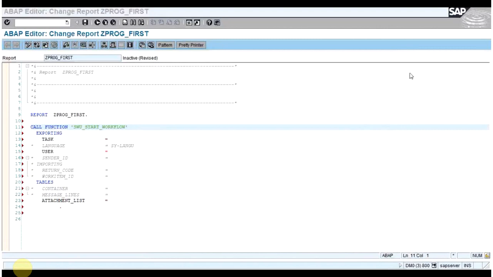As I have shown you how you can pass the data manually, when you execute SWDD there is a test button. Once you execute that, you have to provide the data in the workflow container, and then that data flows from workflow to the task, and from task to the method, and that sales order was getting saved in the database. So today we will be executing the same workflow, but we will be doing it through a program.